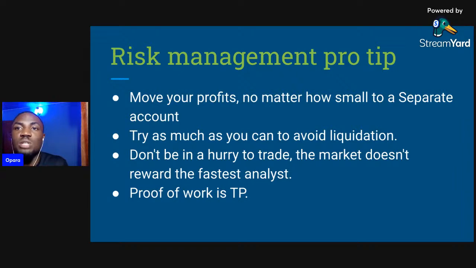Try as much as you can to avoid liquidation. Along the way, you're going to understand what liquidation is. Liquidation is when you lose your money completely. What happens when you get liquidated is that you refuse to use your stop loss. When the trade is against you and you refuse to exit the trade because of your feeling that you can never be wrong, the market will keep on going against you until all the money in your account has disappeared. That's what we call liquidation, when you have lost everything in your account. So try as much as possible to avoid liquidation. How do you avoid liquidation? By always using your stop loss.